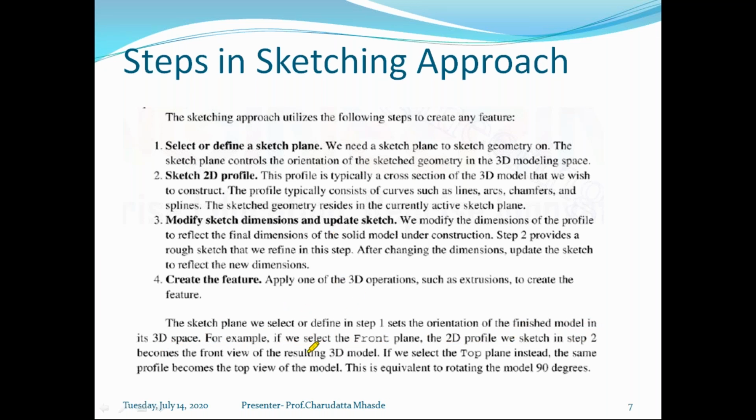Today we are also going to see what kinds of planes are available and which plane we need to select. There is always a choice for you, whatever plane you select, maybe the top plane, the front plane, or the side plane. But depending on the geometry, the strategy and the approach you are using, you can select any appropriate plane. There is no thumb rule that you should select the front, top or side plane to create a model. It all depends on how your model is placed and how you can work on the different features. Based on that, you can select the sketch plane as per your requirement.